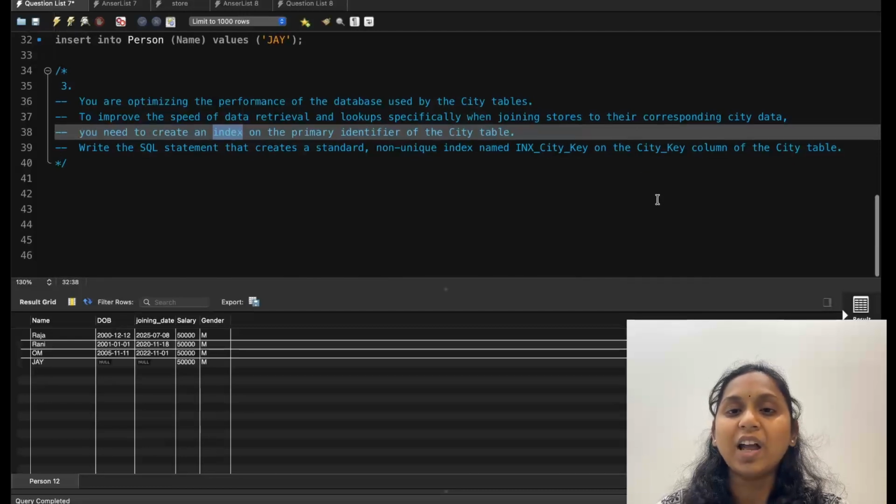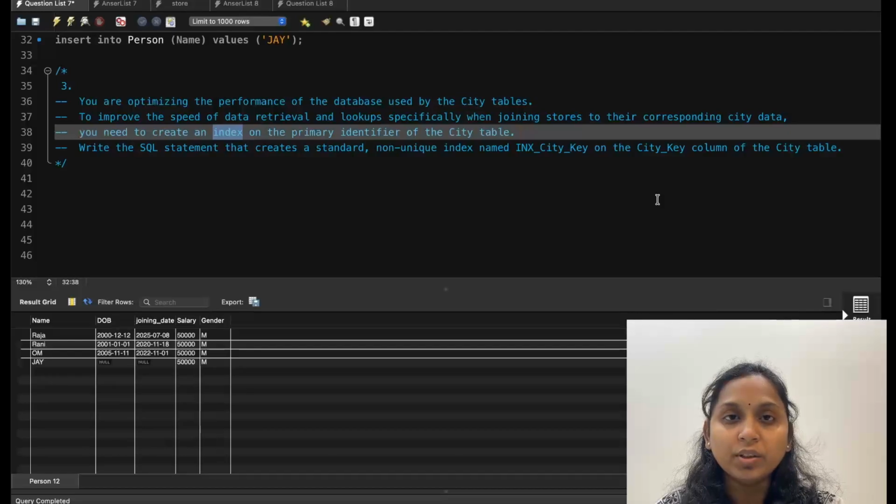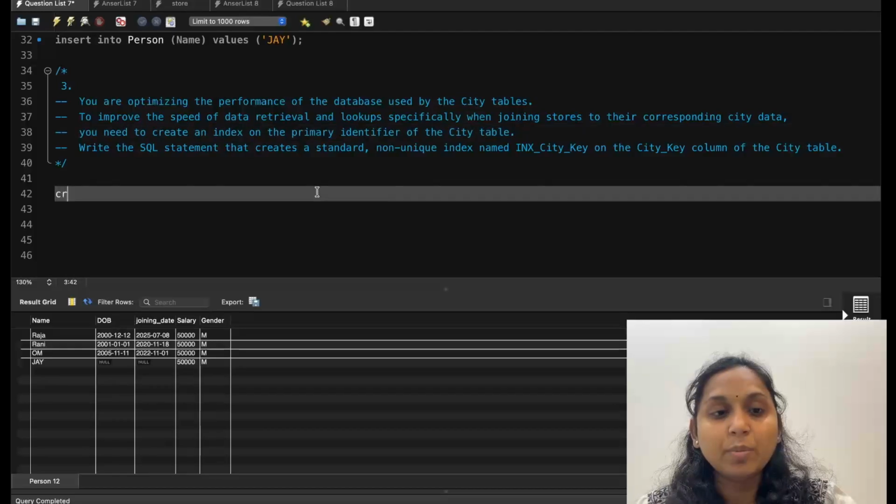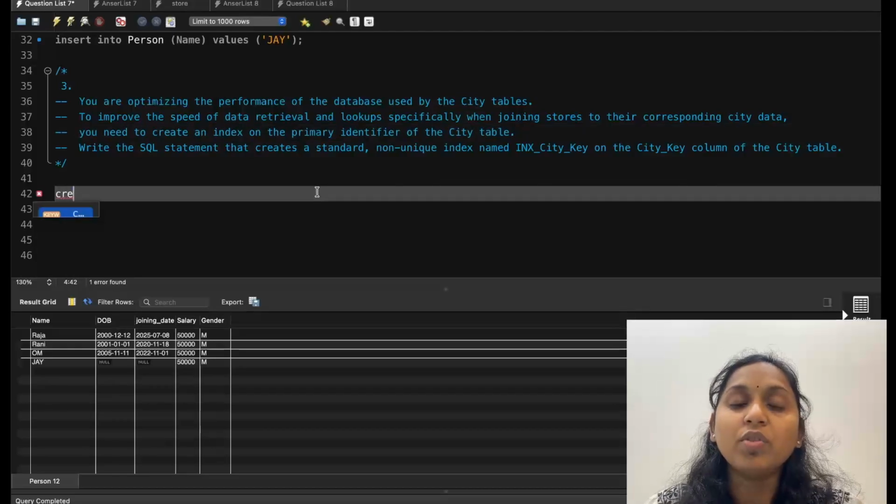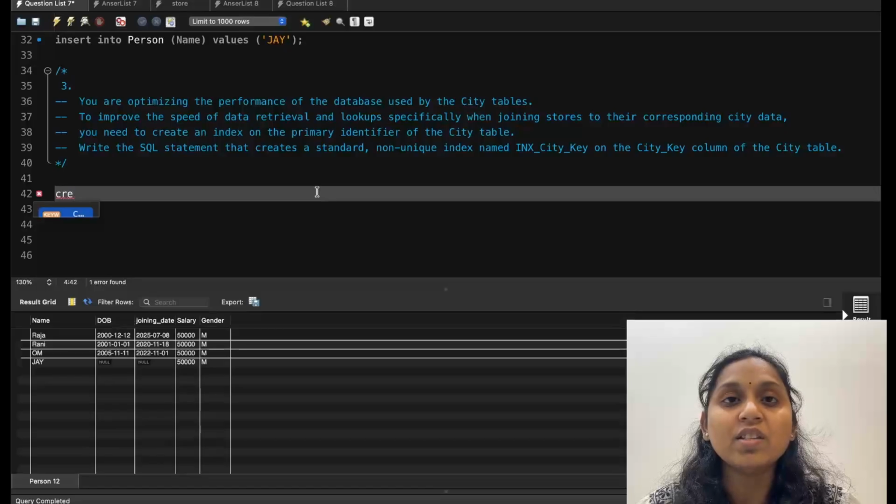Okay, this is a long line, so cut the line into different words. First of all, do I need to create an index only on a column that has non-null values? What do you think? Can I only create an index for a column which doesn't have any null value? No, that is wrong. If that were the case, it would become a primary key. But in our case, we are creating an index. The same syntax we used in a procedure and a trigger is used here to create an index.